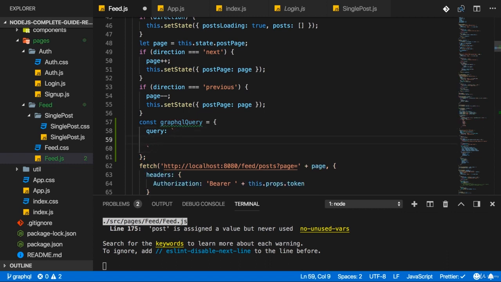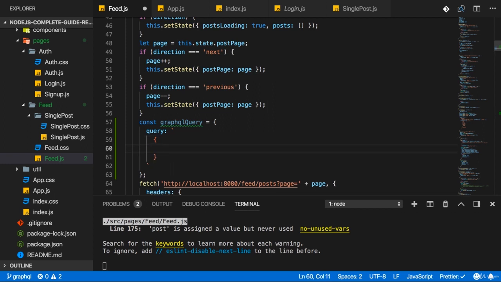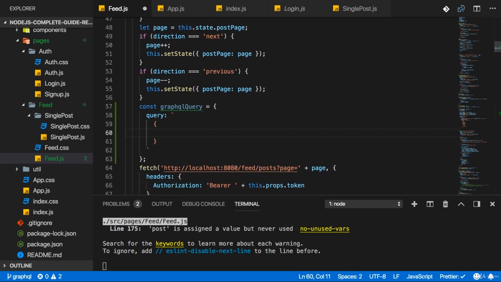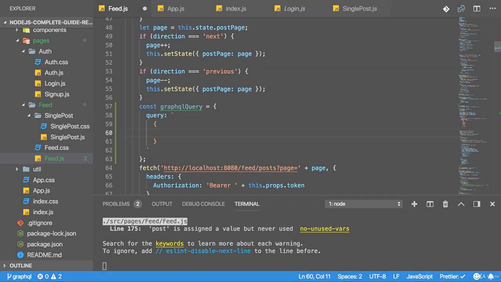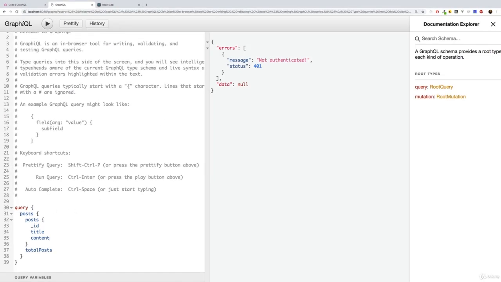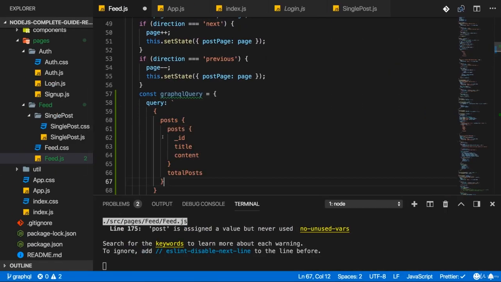And in that multi-line string, I now will start with curly braces right away. And in there, just as I did it in GraphiQL, and therefore we can, of course, again, copy that,